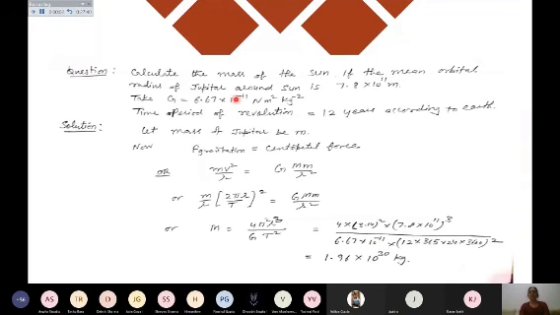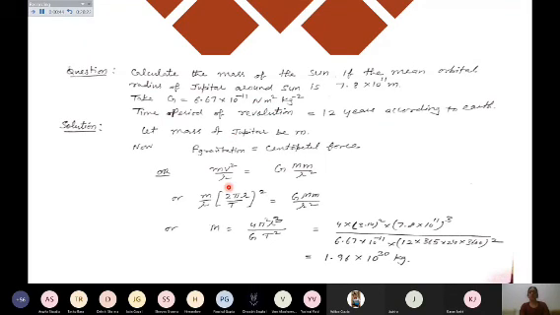One more question, bachche, on the basis of your previous knowledge. You have to calculate the mass of the Sun if the mean orbital radius of Jupiter around the Sun is given. It means when Kepler said that the planets are revolving around the Sun, then the force of gravitation is equal to the centripetal force. This should be clear in your mind. And then the distance between the Sun and Jupiter is given, that is 7.8 into 10 to the power 11 meter. Time period of revolution is given, and the value of the gravitational constant G is known to you.